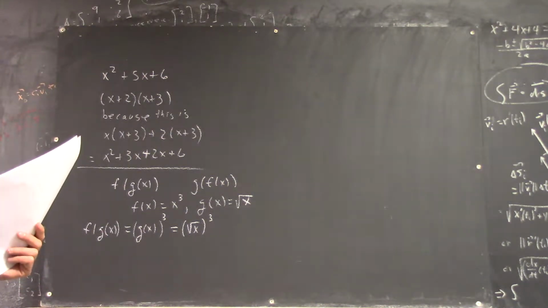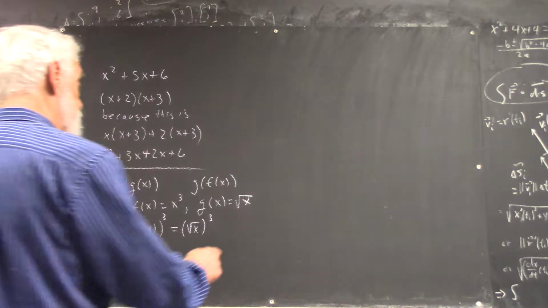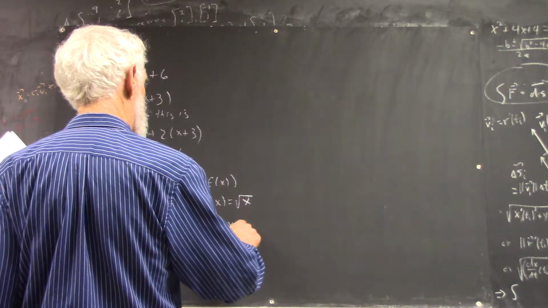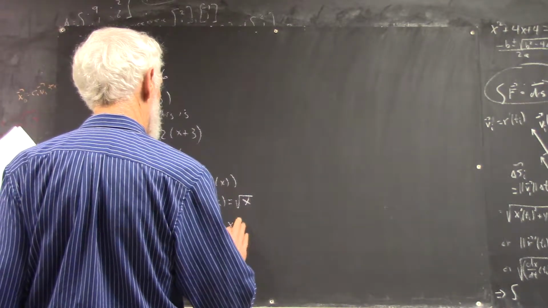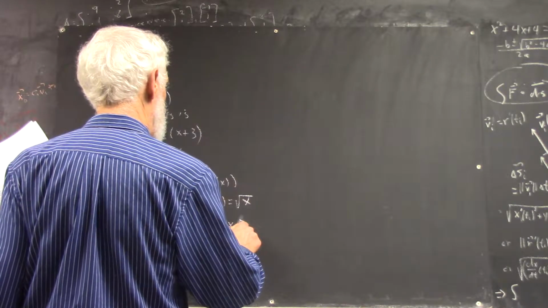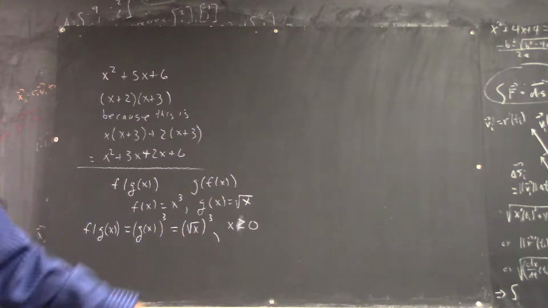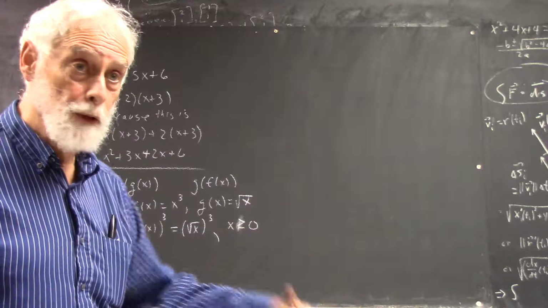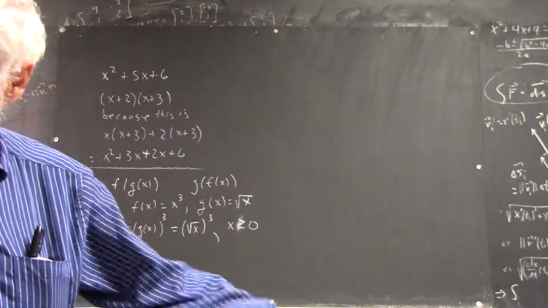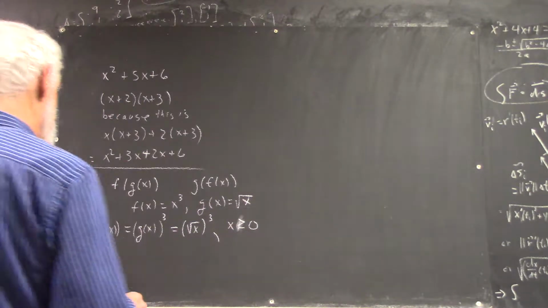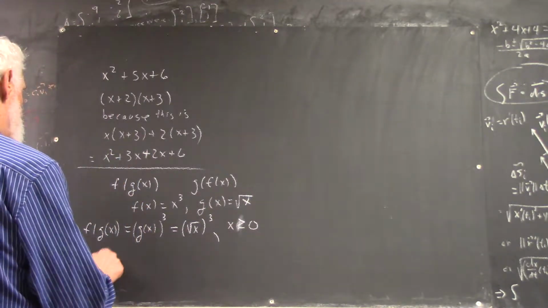Okay? But at this point, we got to say x has to be greater than or equal to 0 because we can't do the square root of x if it isn't. So there's your domain restricted to positive numbers, or non-negative numbers. Okay, g of f of x